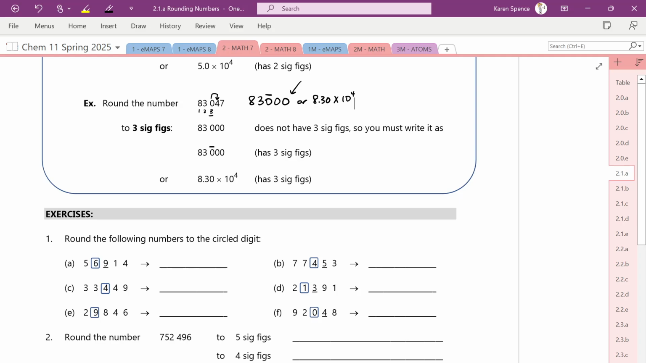Hold on, you got it. Oh, no, you want to round to that digit there. So you'll need to have 1 for